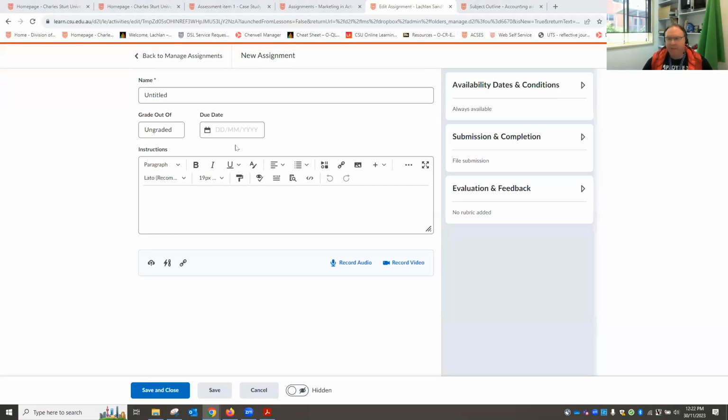When we go to make an assignment, the first thing that we want to do with making a shell is the labeling of the task. So by clicking on the assignment menu and clicking on new assignment, I'm now going to label the task itself. When we do our labeling, we want to make sure that we're including the target cohort for this assessment. So if I started by saying it's going to be for Bathurst distance,